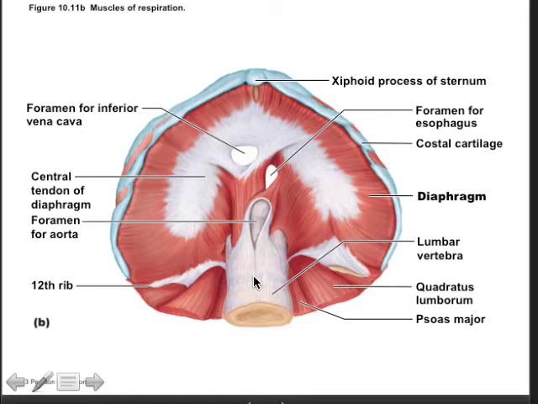contract. And when it contracts, what will happen is that it'll flatten, and that'll increase the volume of the thoracic cavity, which will produce a vacuum around the outside of the lungs. And if your nose or your mouth or both are open, what will happen is that the vacuum will pull